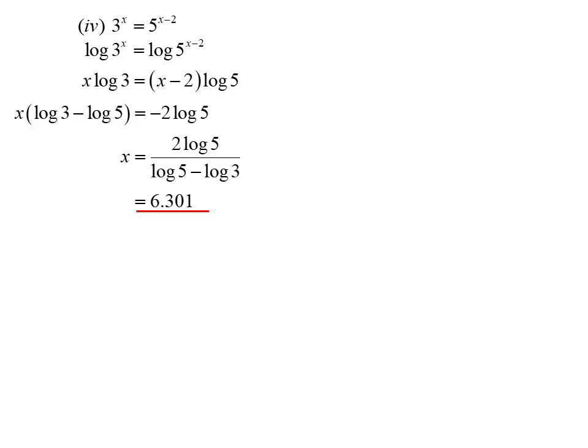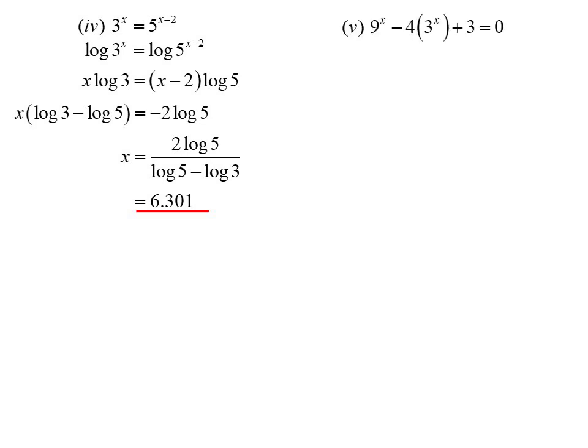So 3 to the power of x equals 5 to the power of x minus 2. Just log both sides. Again, it does not matter which base we use, as long as we use the same one in any calculations. I can bring the powers to the front. I want to make x the subject, and here we go. 2 log 5 over log 5 minus log 3. And we get